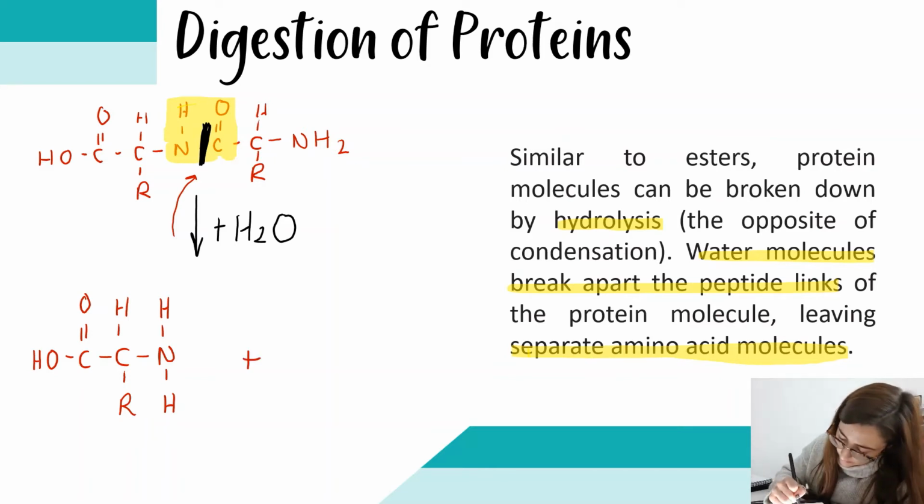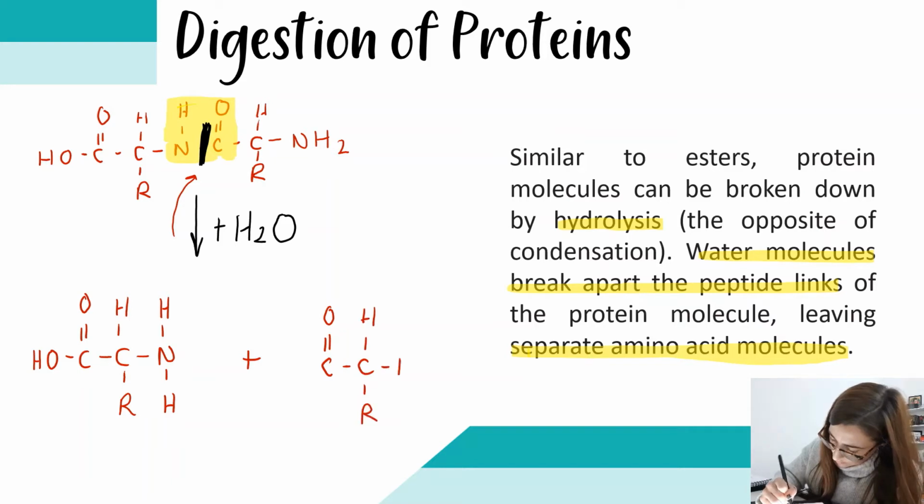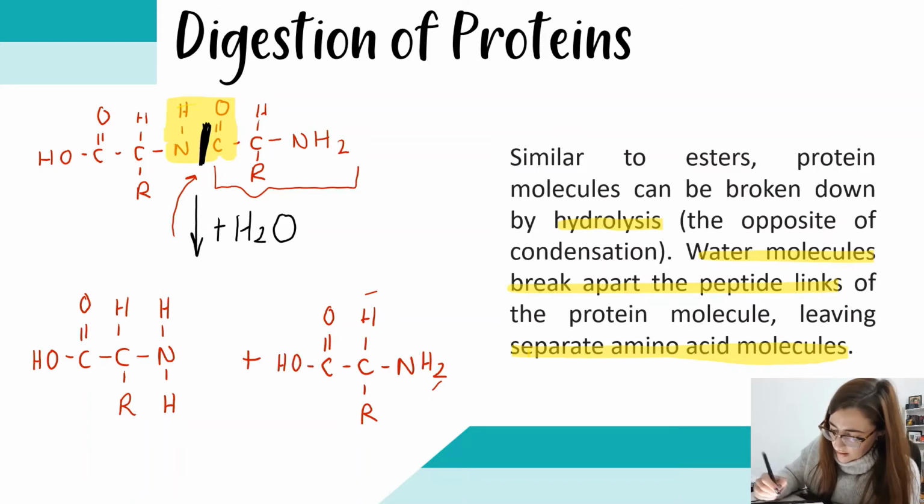I will also make my C double bond O, C H R, NH2. So this molecule here, except onto my C double bond O, I'm adding an OH from the water molecule. So effectively, this water molecule here